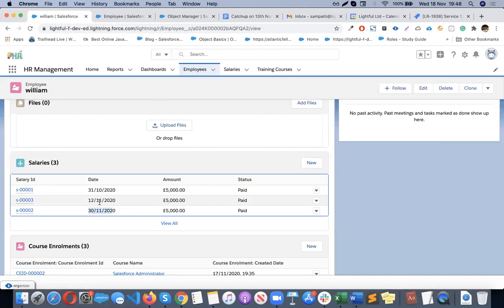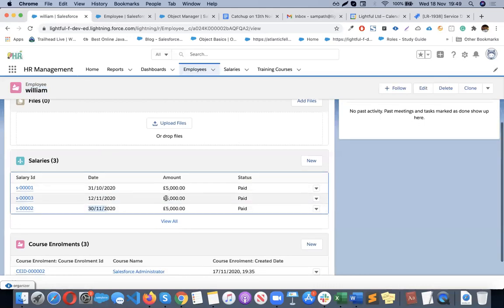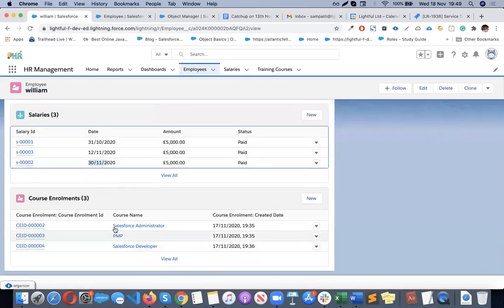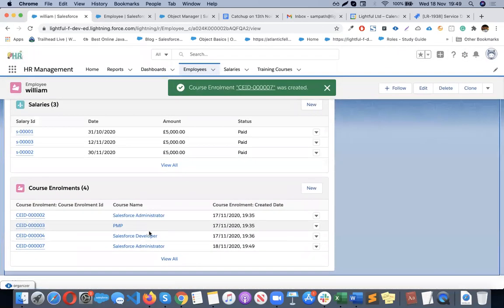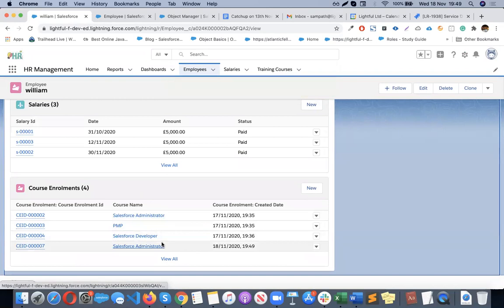So, if you are creating more than one entry for an employee with the same month, you have to throw an error message. Here this is invalid, right? It has to be the 12th month or maybe a different month. It cannot be possible in the same month, 2 salaries. So how do we avoid that? Same way with course enrollment. He cannot enroll in the same course again. If I go and select Salesforce administrator, the system is allowing me to enter the duplicate information, but we have to throw an error message. So how do we avoid all this?